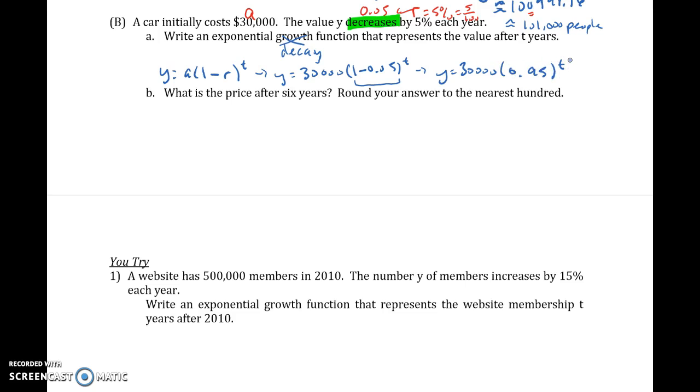And now we can apply that to questions, figure out how much that car is worth after 10 years, after 7 years, in the 6th year, whatever. Okay? So now notice the language in the question. It says after 6 years. So now we can be safe and say t equals 6, right? If we're asking like in the 6th year, then we would be using t equals 5. So we're looking after 6 years, how much is this thing worth? So plug in 6 for t,